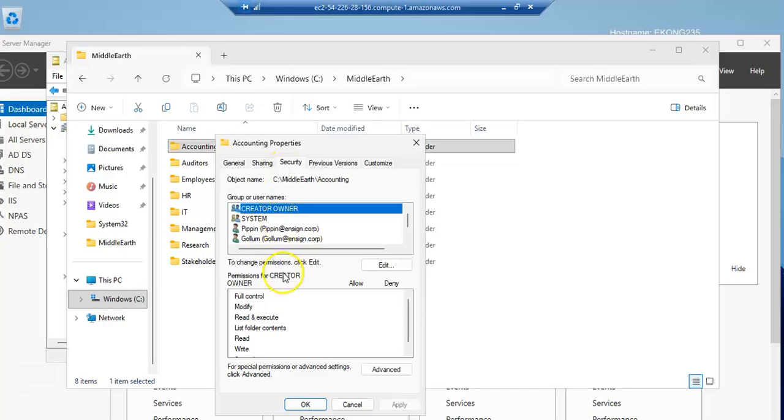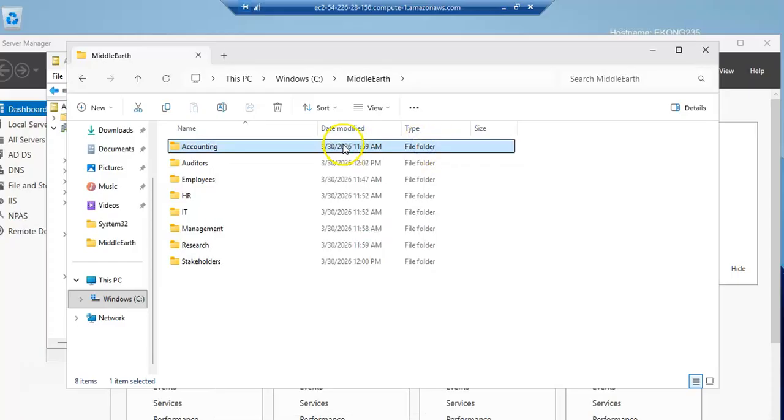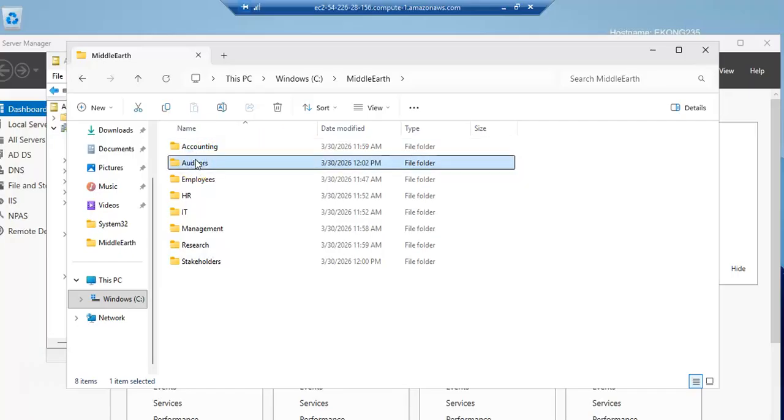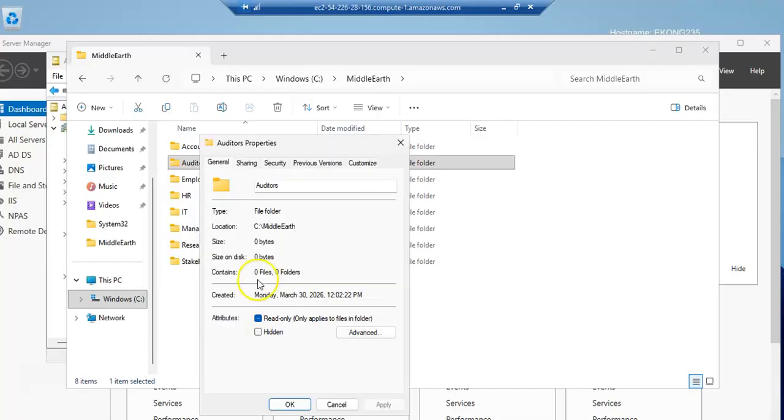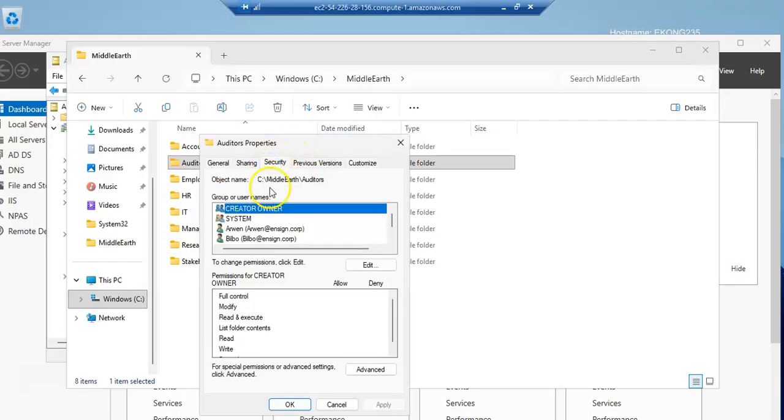Here I will show that I have two users here connected to this account, which is Pippin and Gollum. So both of them have full control in this folder. They have full control. So I will need to go to auditor. In auditor, I'll right click, do same, go to properties, security, and